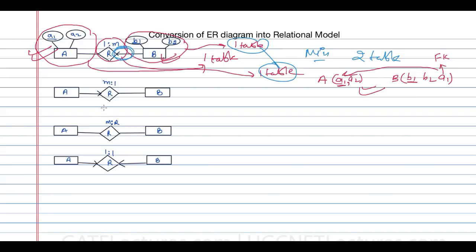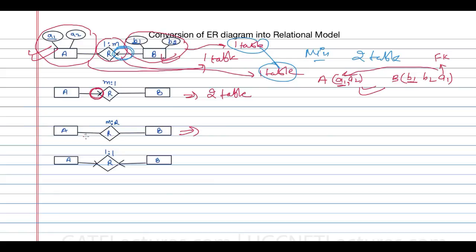Now if you check the next relation, it is a many to one relationship, and here you can see there's a key constraint here. It is the same thing. We are drawing the table above like this only. I'm not showing any attributes. So here you can clearly see that we are going to require only 2 tables to convert this ER diagram into relations. Now in the next diagram you can see it is many to many,